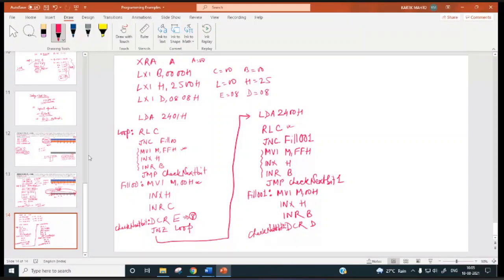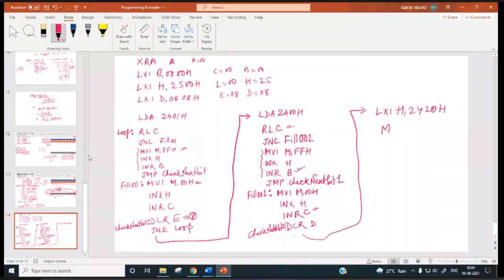Now the number of ones are in the B register, the number of zeros are in the C register. So now what do we have to do? After this, LXI H, 2420H.